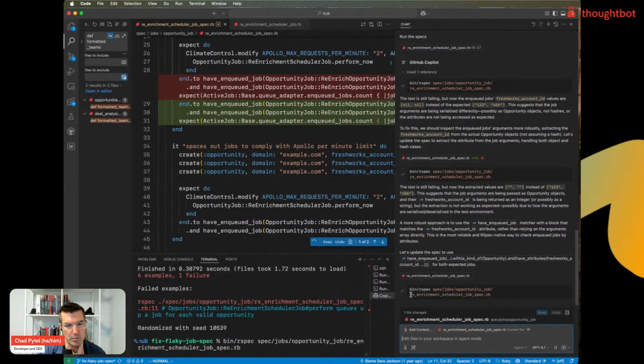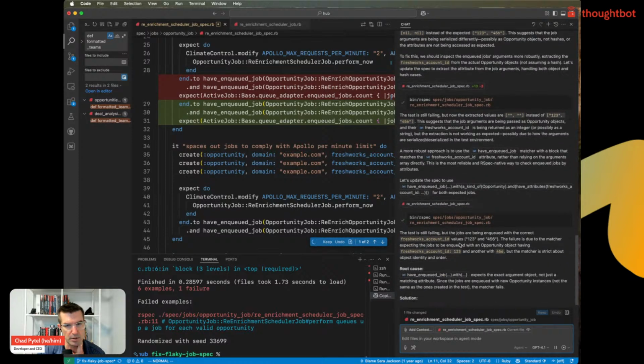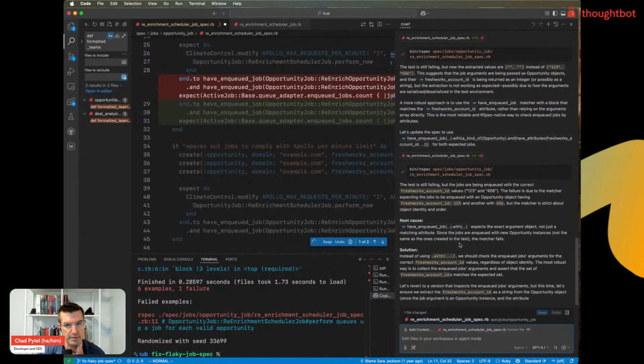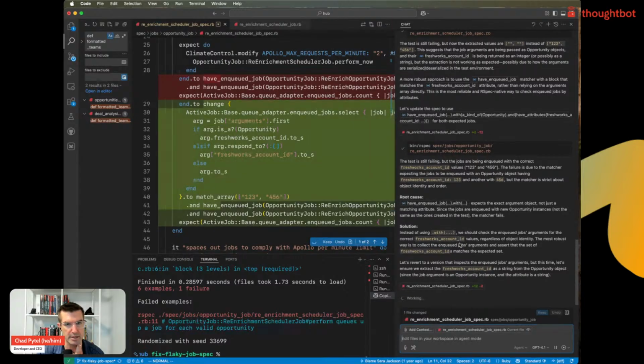I'll run the specs one more time with this fix, but the test is showing that the jobs are being enqueued with the correct Freshworks values 1, 2, 3. The failure is due to the matcher expecting the jobs to be enqueued with an opportunity object having